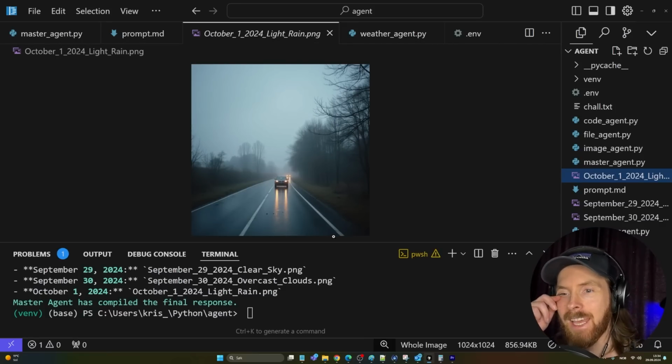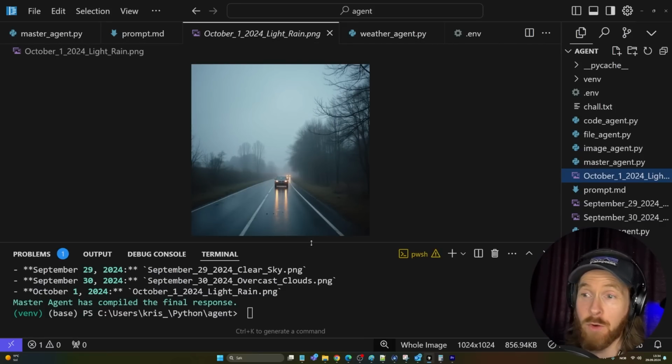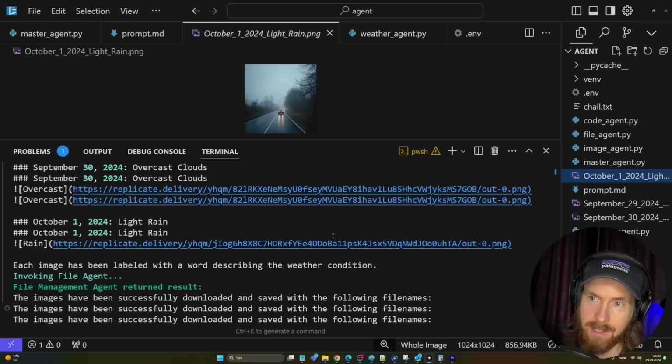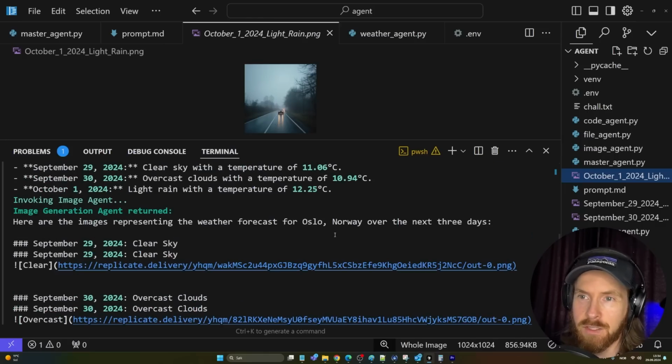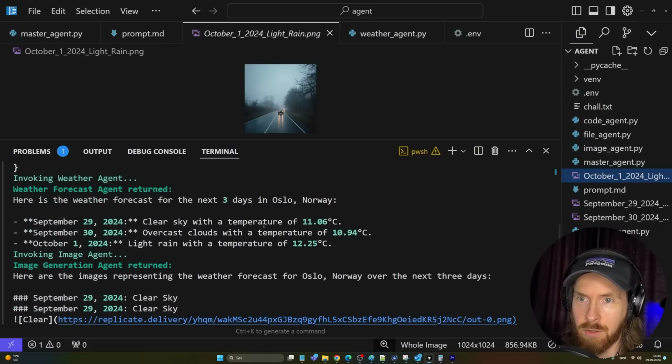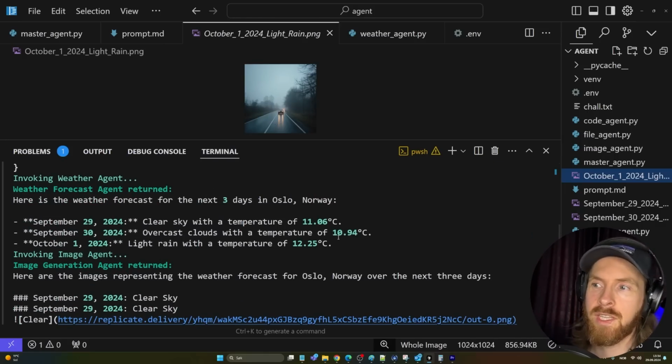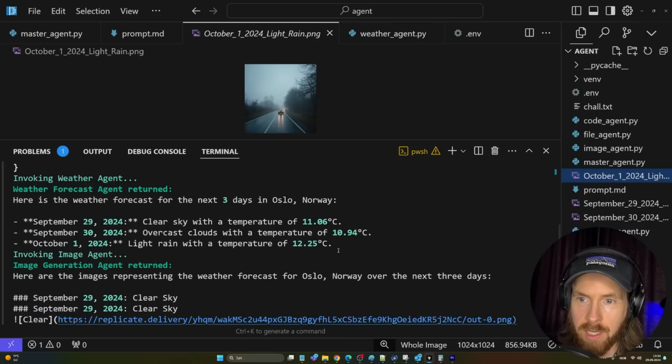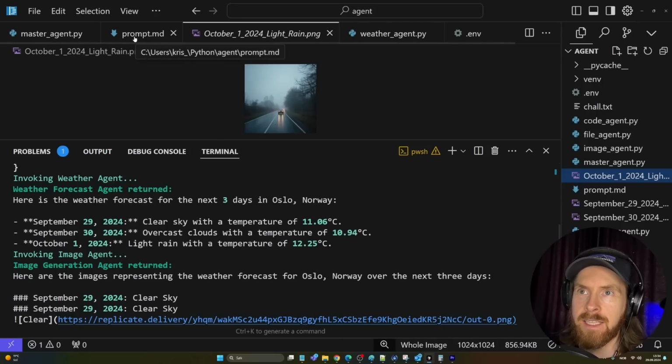Okay, not too bad. I thought that was pretty good, and that worked first time. So yeah, pretty cool if you ask me. It's just your imagination that kind of stops where you want to go with this. That was just something I came up with, and I think it executed pretty well. We can just turn this into a report if we wanted to, right? We can just add, let's say,